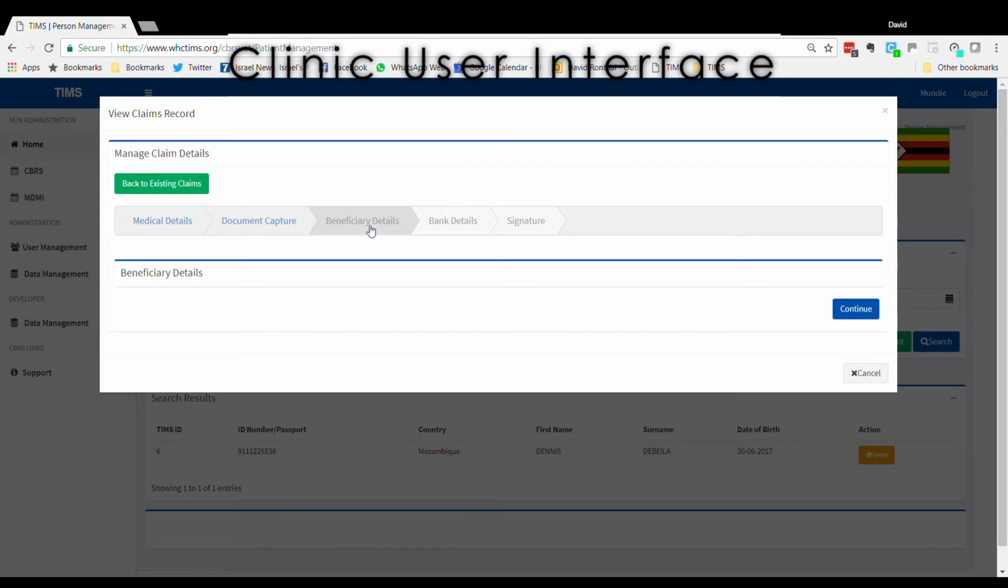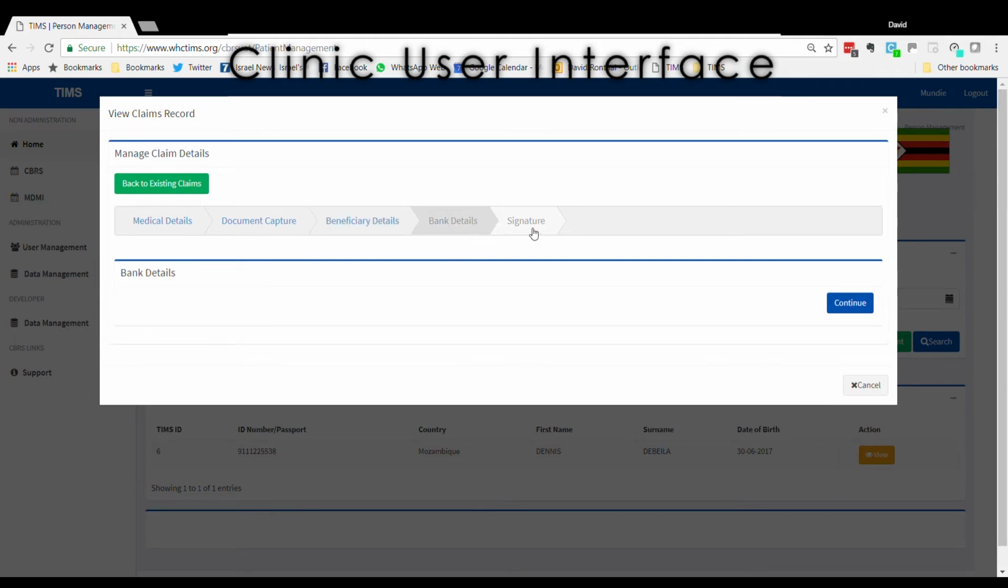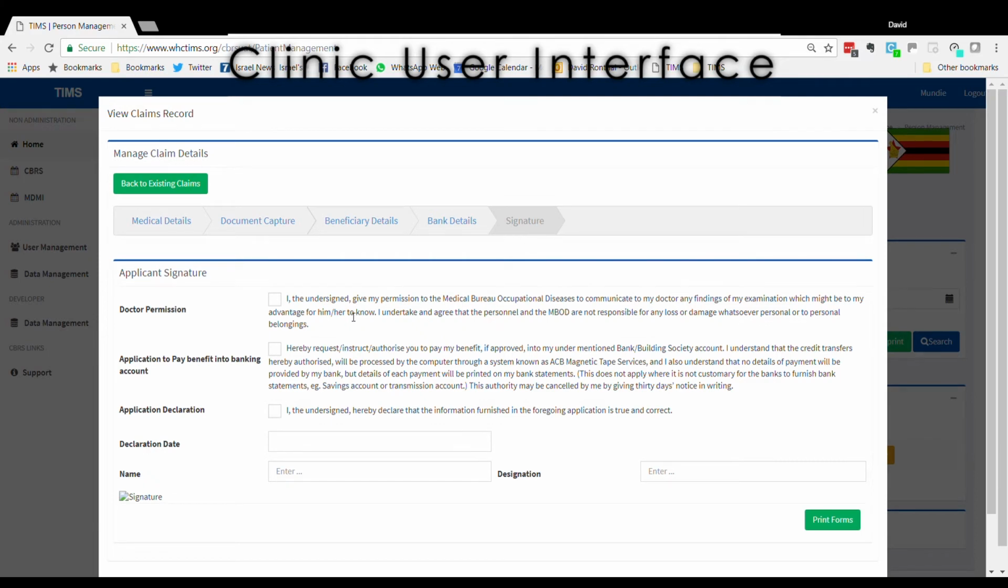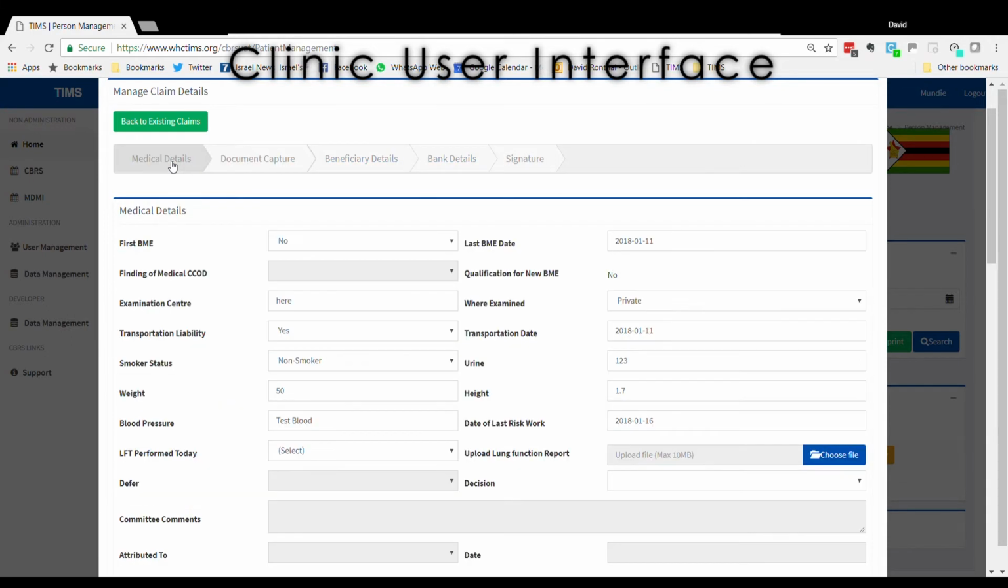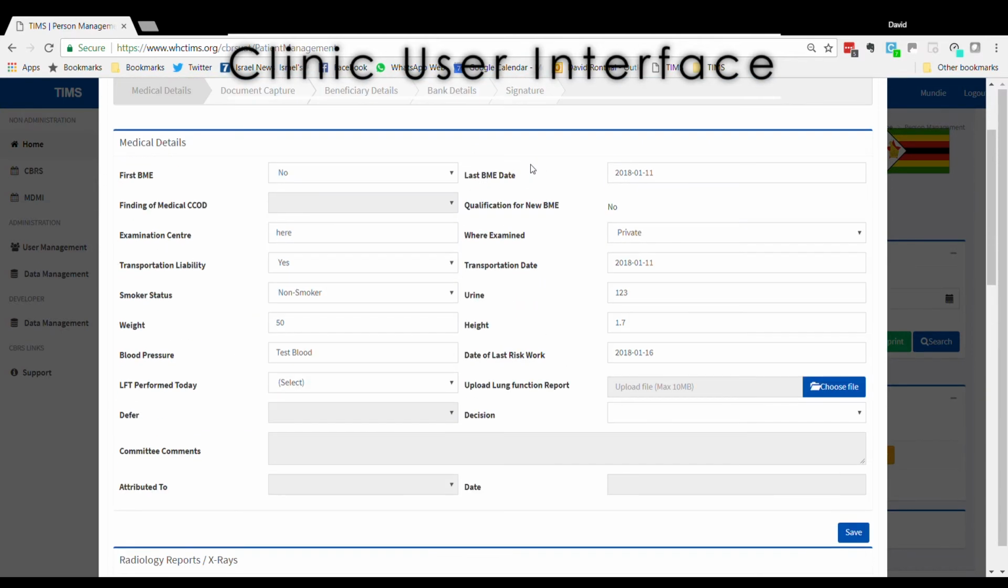Beneficiary details are not important for the first submission, as per the amendment process, so therefore there's nothing populated here. The same with bank and the same with the signature. Once you've completed everything, the miner needs to sign the declarations to ensure that he agrees with everything. The system will not allow you to go further if there is anything outstanding. Only once all the documents are there and all the criteria have been met would it allow you to submit